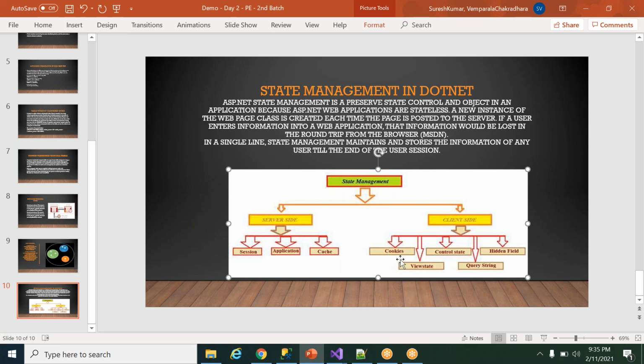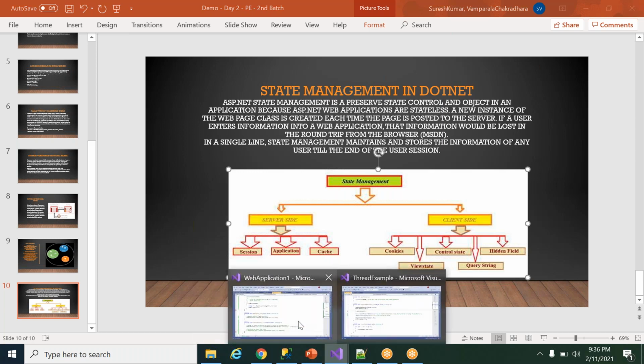On the client side, we have cookies, which will be there in our browser, control state, hidden field, which is like a button control or text box control that will not be visible to the user but internally saves the data at the client side, and view state and query string. These are the client side state management concepts, and on the server side we have session variables, application variables, and cache variables, which are the caching techniques.